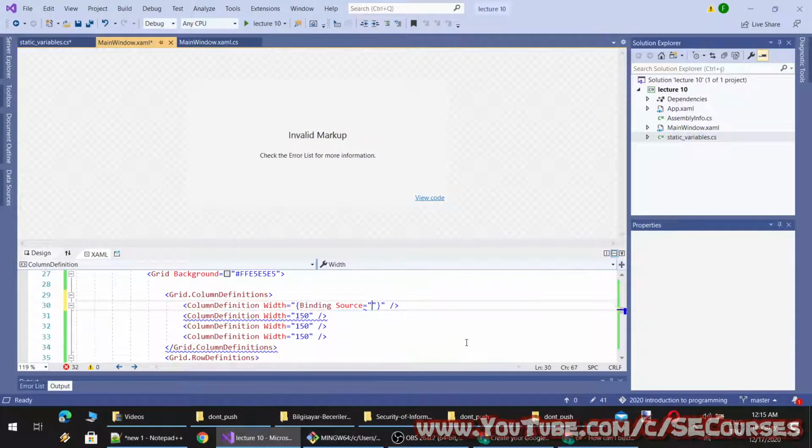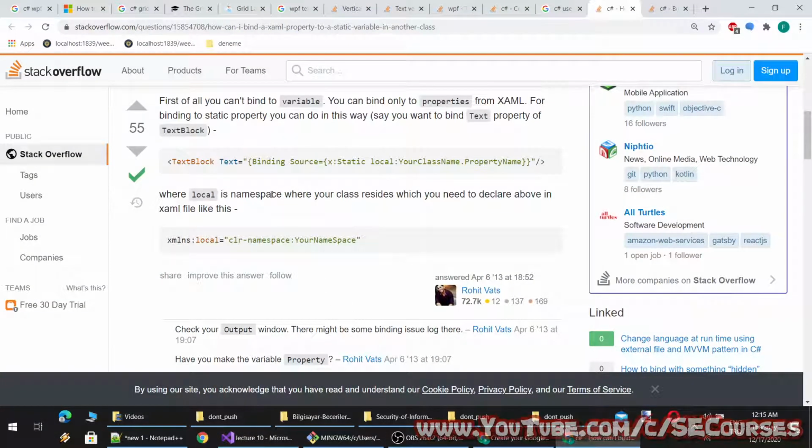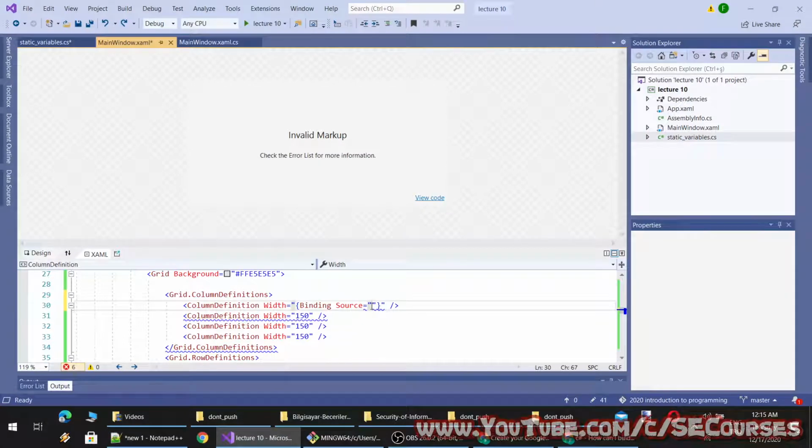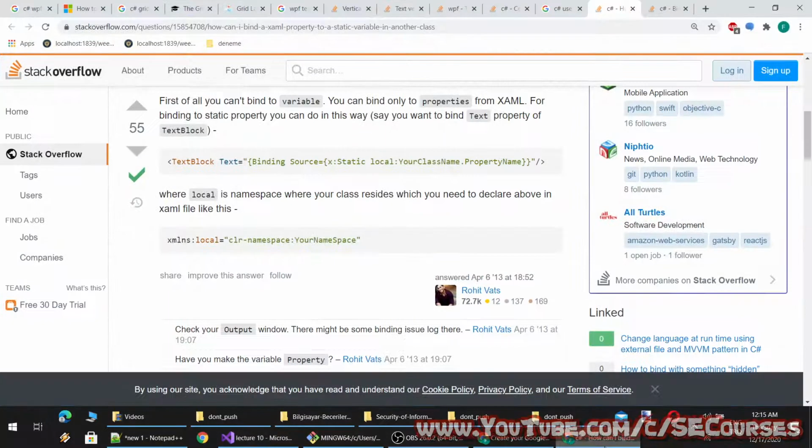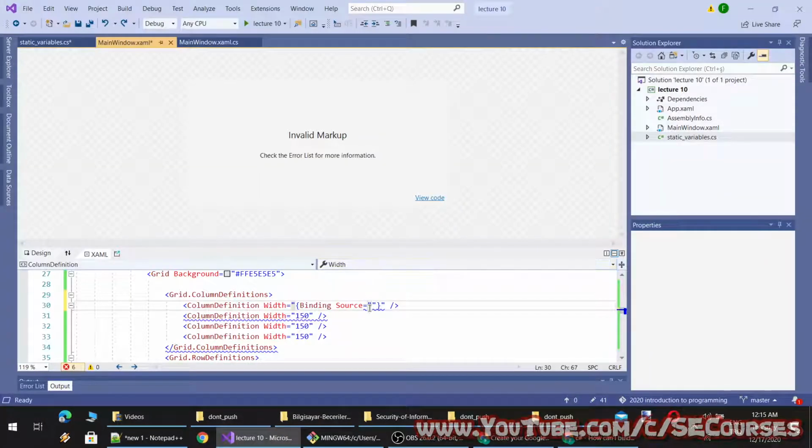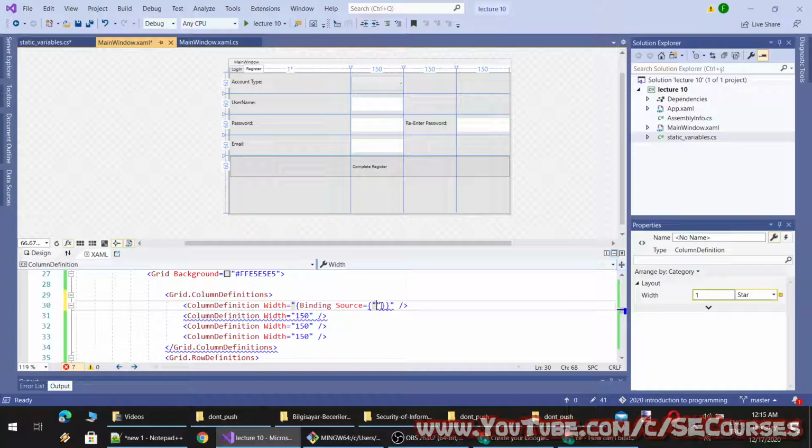No, not working. Binding source. Oh, I see. Inside binding source, we have to use another curly bracket. And here, x static.